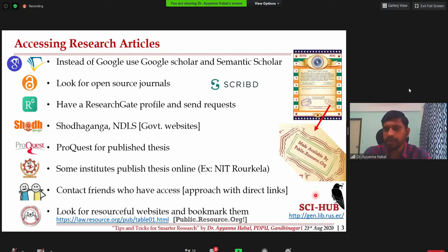Though it is not legal, just for information, I would like to convey that there is something called Sci-Hub where most of the published literature is available. However, it is illegal, so I would not suggest or recommend using this. It is just for your information. Now the question is, after deciding the research topic or research domain, you have got so many resources to get your literature.